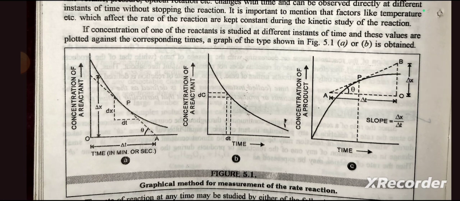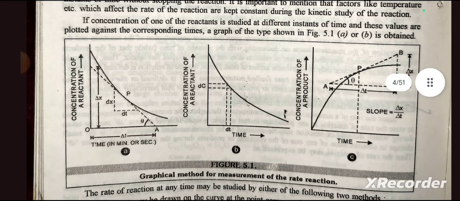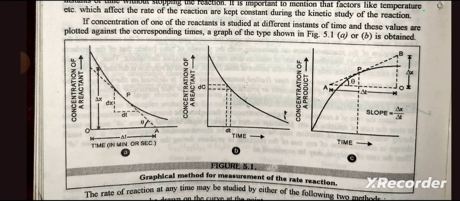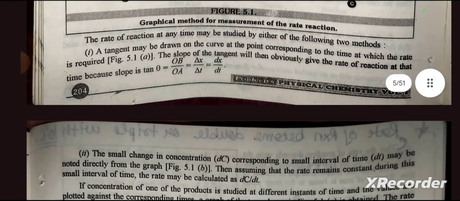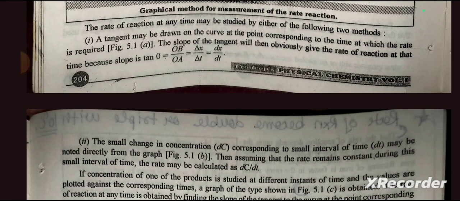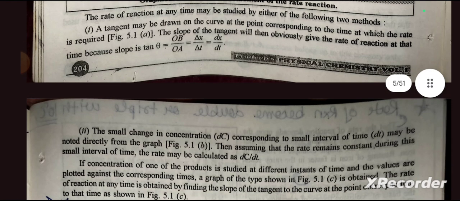If the concentration of one of the reactants is studied at different instants of time, and these values are plotted against the corresponding time, a graph of the type shown in figure 5.1 A or B is obtained. The rate of reaction at any time may be studied by either of the following two methods. First, a tangent may be drawn on the curve at a point corresponding to the time at which the rate is required. The slope of the tangent then obviously gives the rate of reaction at that time,